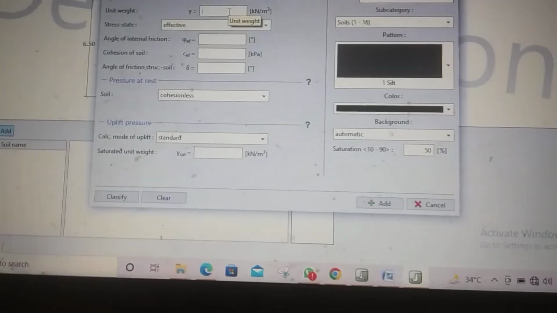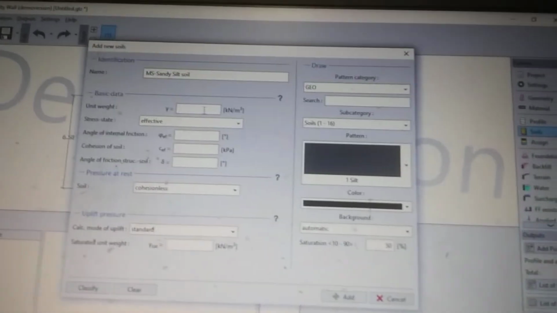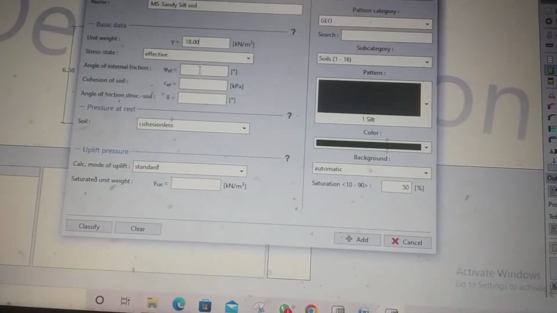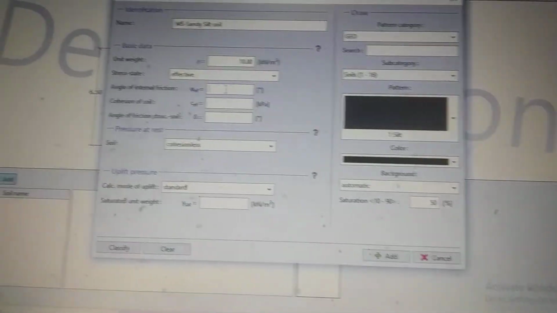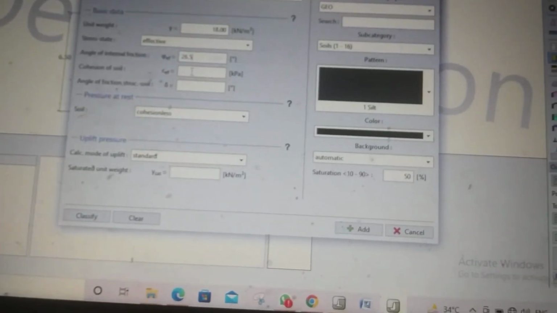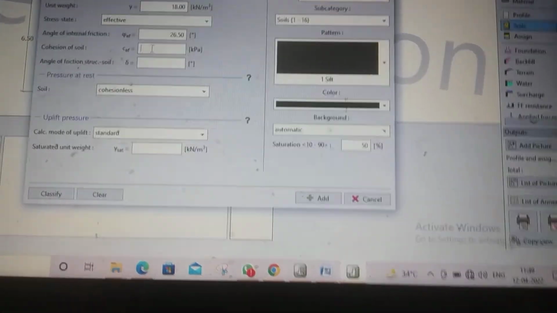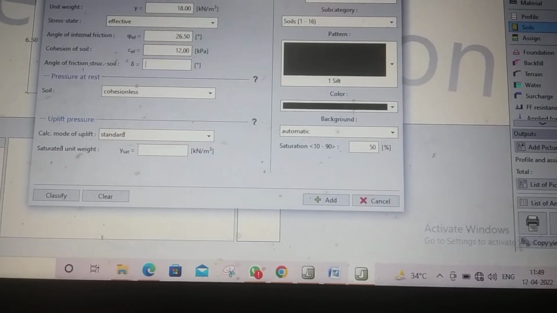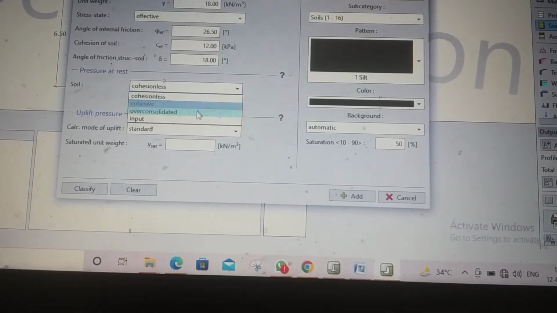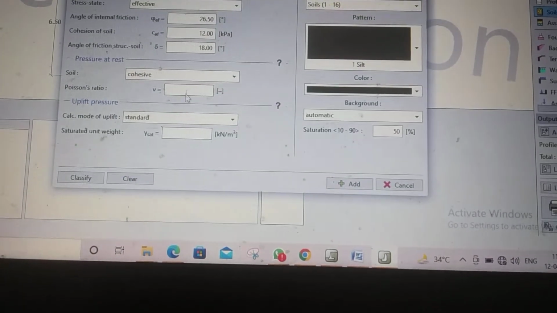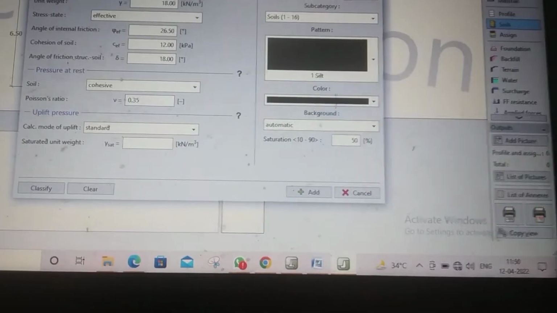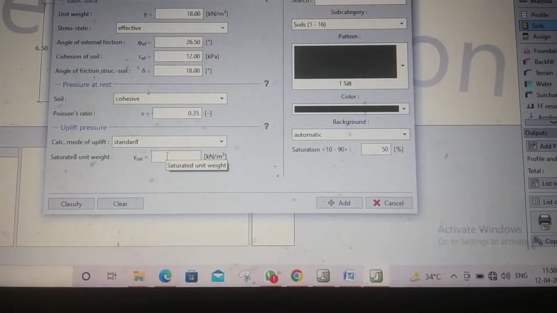So basic data: unit weight 18, angle 26.5, cohesion of the soil that is 12 kilopascal, angle of friction that is 18, Poisson ratio that is 0.35, and gamma saturated that is 20.